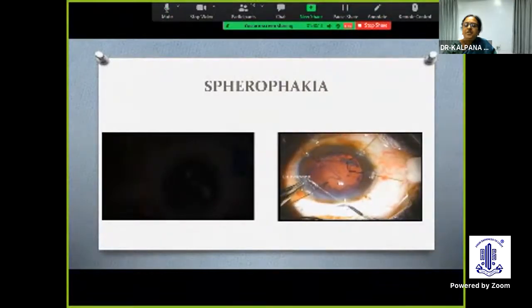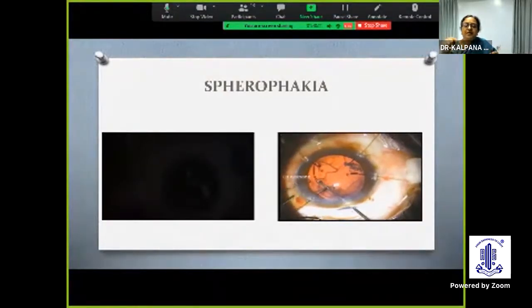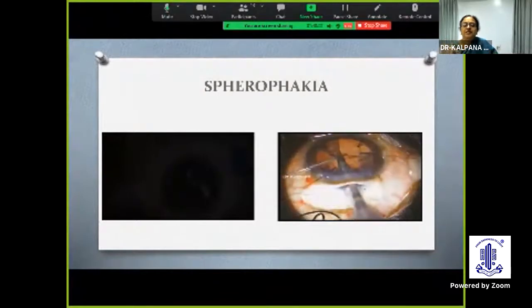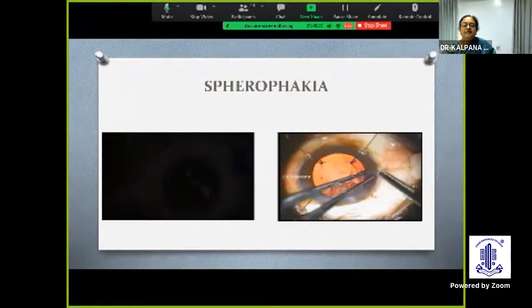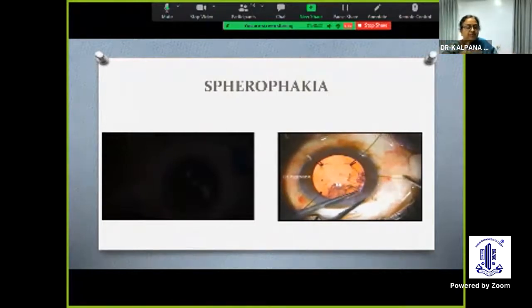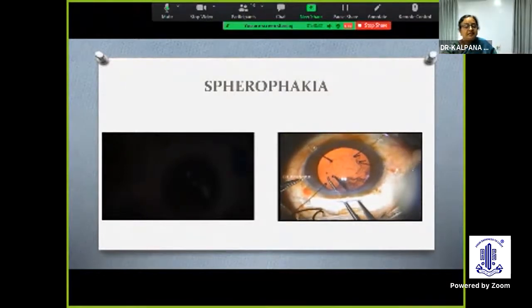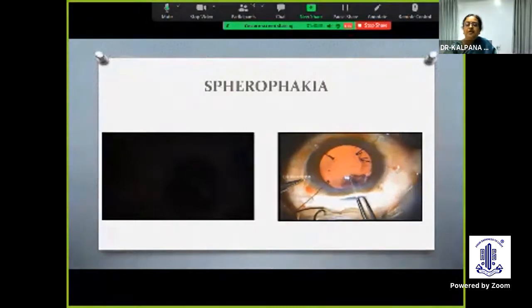So especially in a child, when you put a CTR, you have to be very careful, because the bag gets stretched. So sometimes when you attempt to do a posterior capsulotomy after that, you have to be very cautious. Sometimes even with a posterior capsulotomy, vitrector is better than manual, because once you make a nick, if the bag is stretched, especially in spherophakia, where you have a smaller lens, it's easy to lose the capsule. So I'm actually relaxing the iris hooks and then extending the rhexis, because if you have a taut rhexis margin, it's easy for a runaway rhexis.